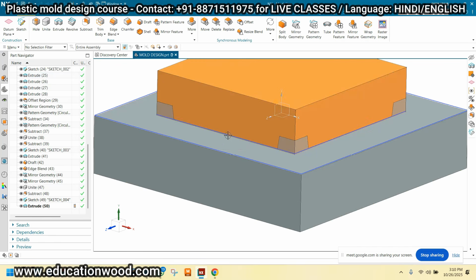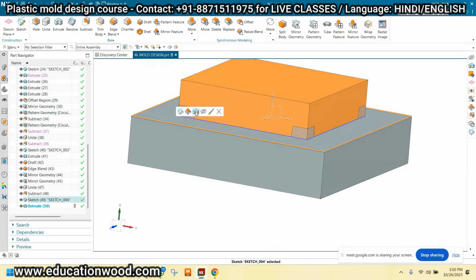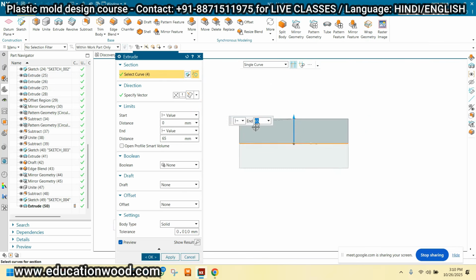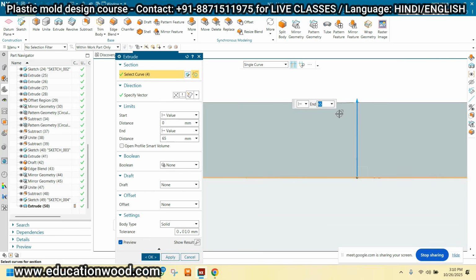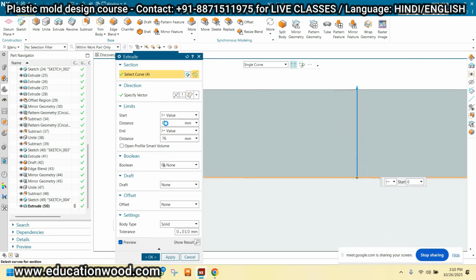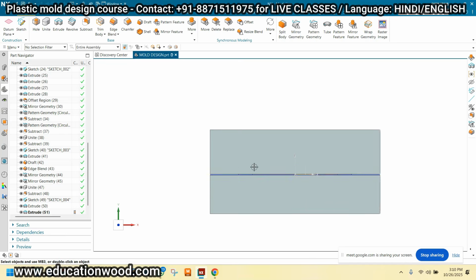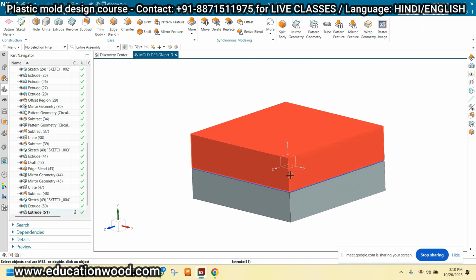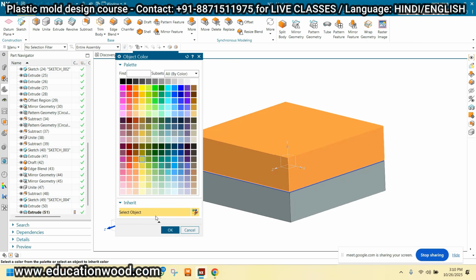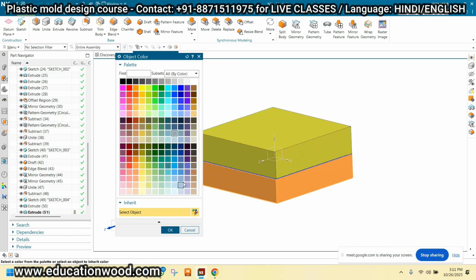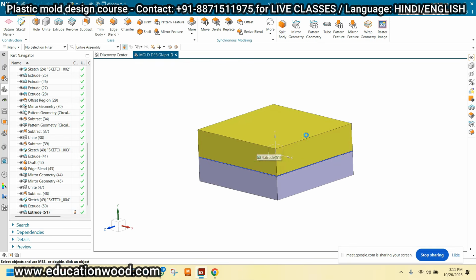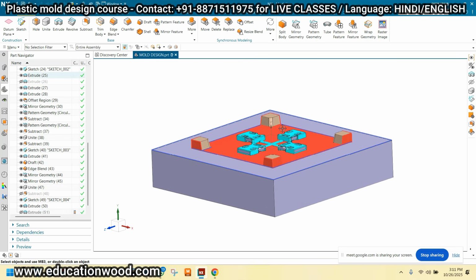This is the cavity one. I'm just taking the extrude again. And how much? 50 mm basically, right? So I can take the 75 mm. I can take 76, and 1 mm offset from the side face, right? See, Control J and take the color. This is nothing but the cavity housing. This is the core housing. Core housing, right?